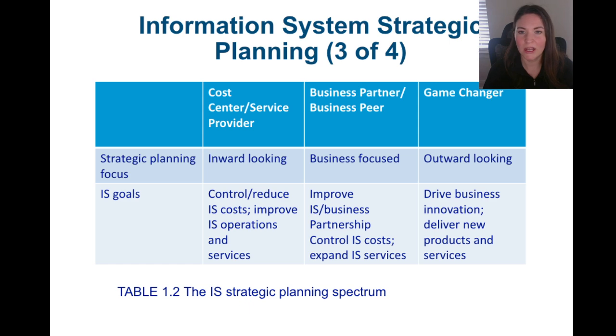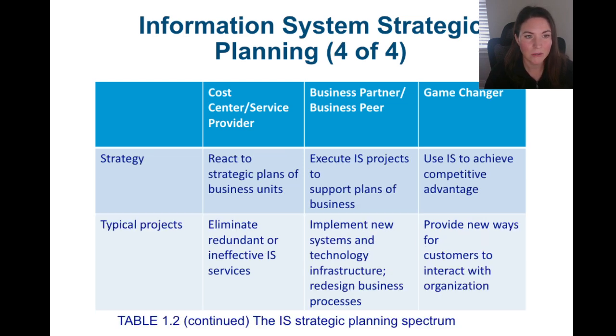And the next two slides have a table on the information system planning spectrum. So you can see at the top the three ways an information system can be viewed that I just mentioned. So for an IS that is considered a cost center or service provider, the strategic planning focus is more inward looking. And so the goals for that would be control, to reduce the cost of the IS, to increase or improve the operations and services. Okay, then the strategy would be, let's see, here we go, to react